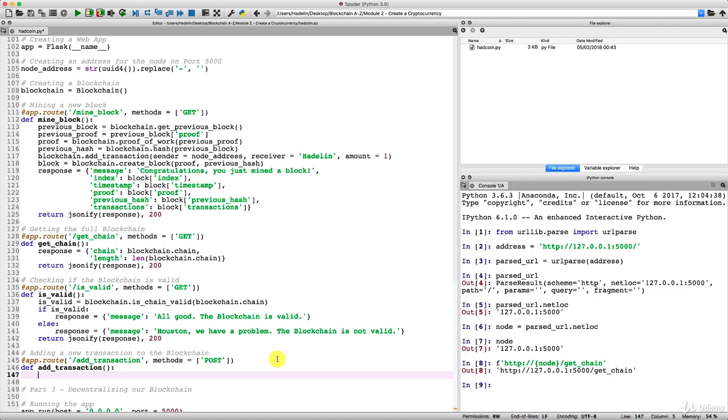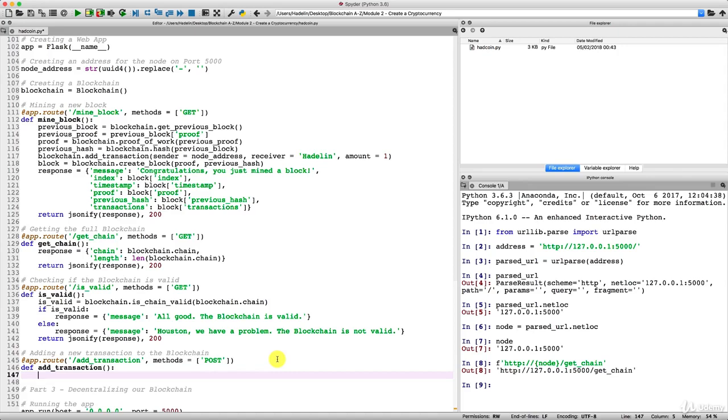And you'll see in the demo, I will actually be sending, I haven't thought about it yet, but something between 10 to 1 million AdCoins to Kirill. He'll be very happy. And literally to do that, well, I will create a JSON file where I'll input for the sender myself, Adlin, then the receiver, Kirill, and the amount, well, I'll need to think about it. And then once I create this JSON file, well, we will post it in Postman by, again, clicking on send, but by selecting the post request in the drop-down of all the requests, and that will post the new transaction. That will create this new transaction.